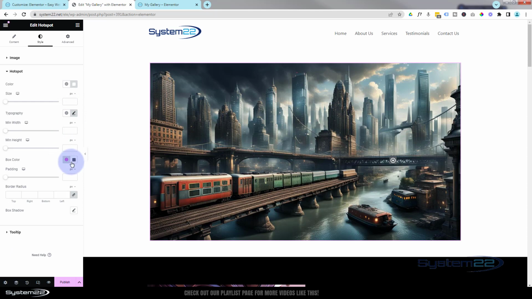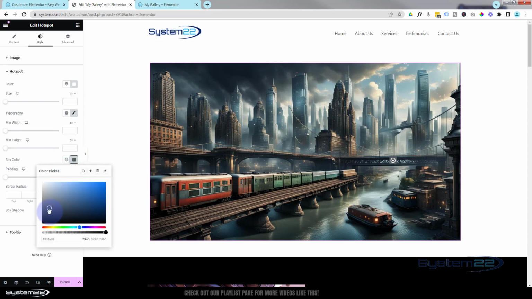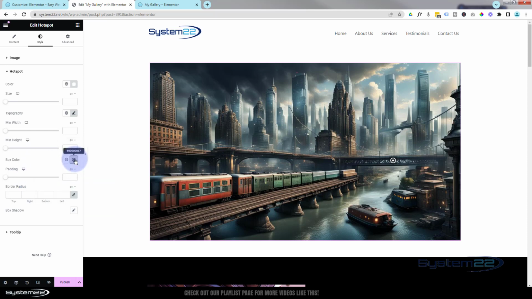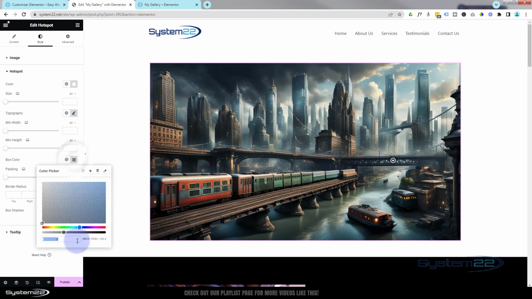Now the box that's around it, you can choose a color for that box right here. At the moment it's a sort of a grey. If you change it to black, as you can see it's black there, you can take the opacity down so you can see a bit of that bridge or whatever it is behind it. But it's still a little bit there. I think that's going to work for me. It's a square at the moment. In fact, if I take that opacity up,